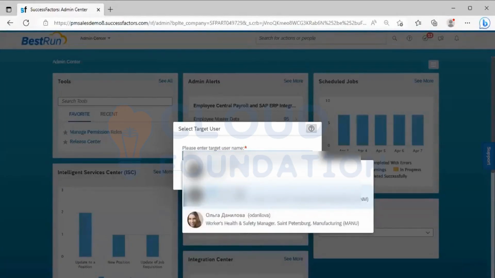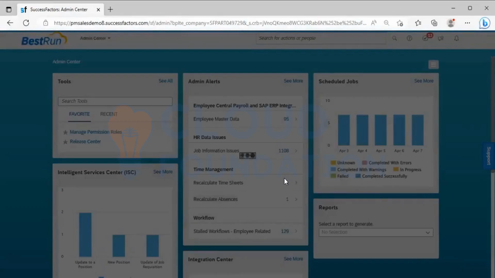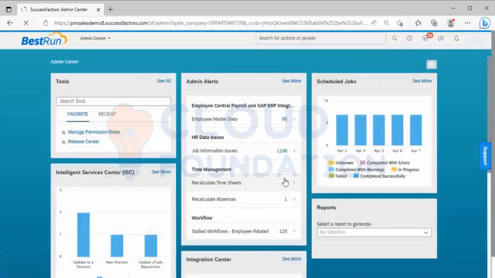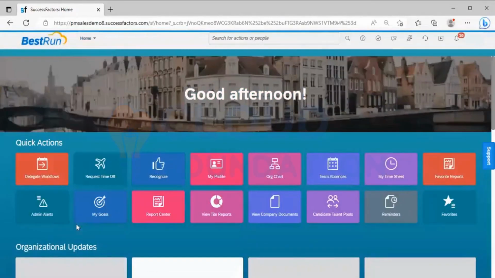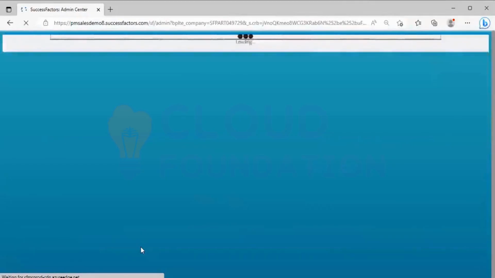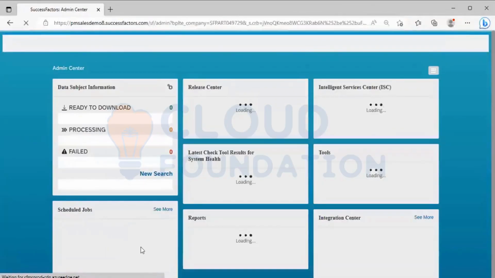That is by name. I will proxy to this user and I will show you what is the current access for this user. I will go to the admin center and I will go to the tools.